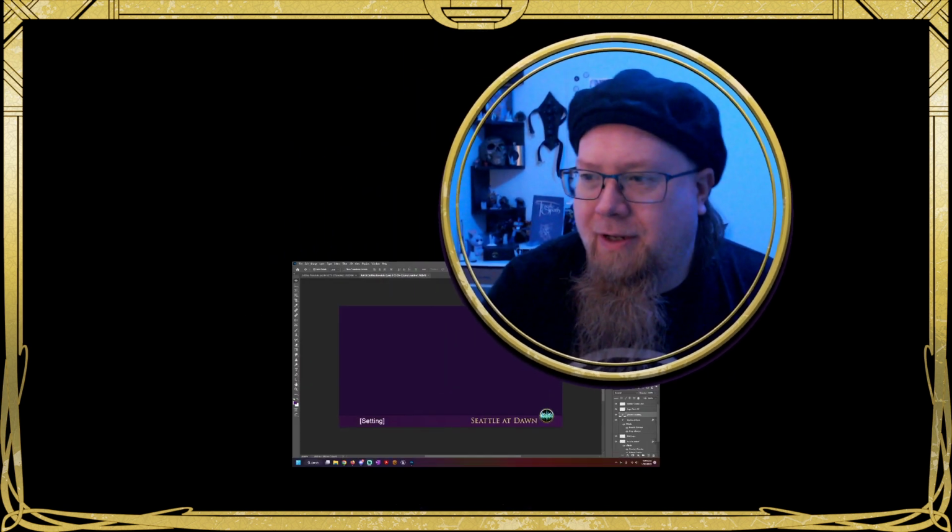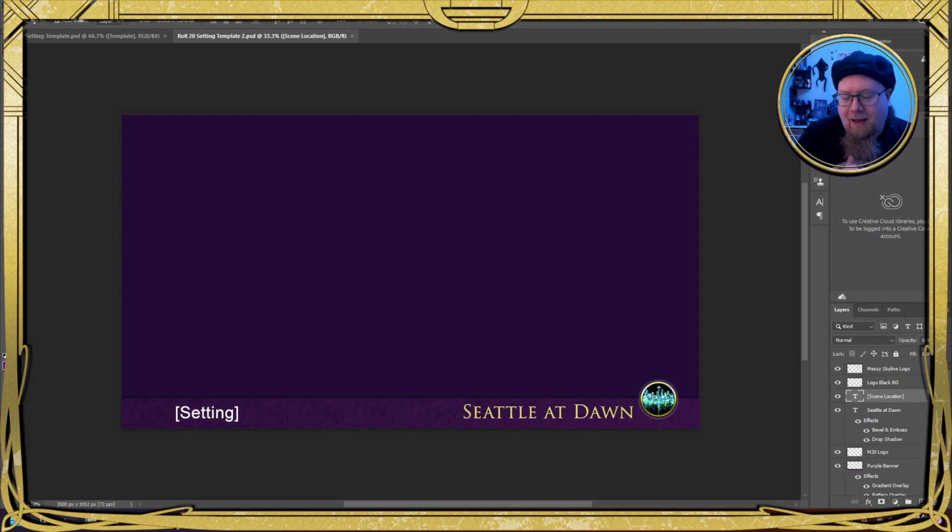let me show you. We're going to bring up Photoshop here. What you see here is the template that I use for the pages in Roll20 for the settings. Currently, it's a smaller resolution in Roll20 than 1080p, and it's got a weird angle, and it's not really great in terms of sizing. It doesn't match the grid, and there's just a lot of little things that I didn't like.